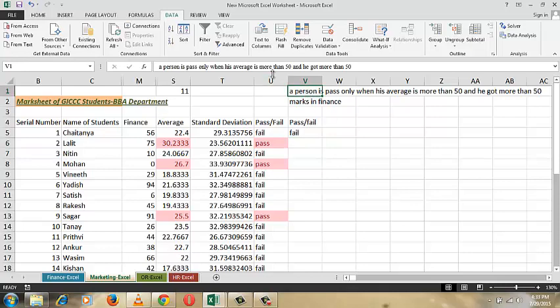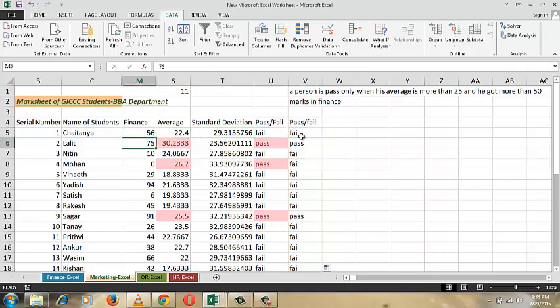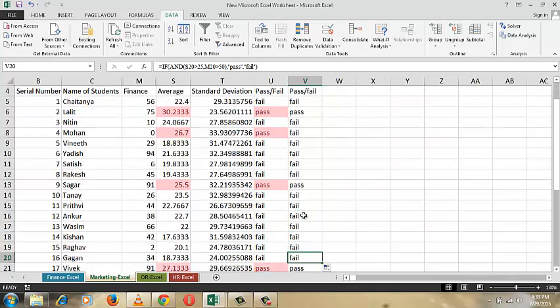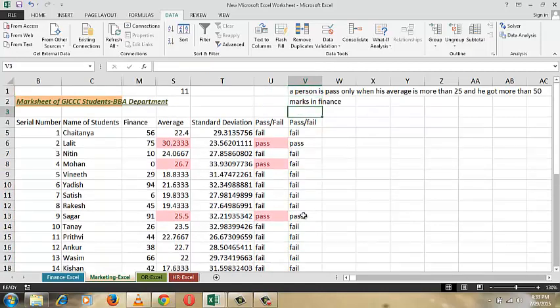If the average is more than 25, you can double. So you see this person has passed, he got 75 marks in finance and his average is 30, so it is a pass. Another person who passed is this, you can see 32 and 91. So this is the IF and AND command. You use the AND command when all conditions should be satisfied, then only this will happen, otherwise